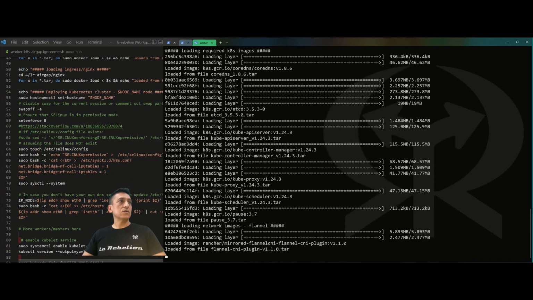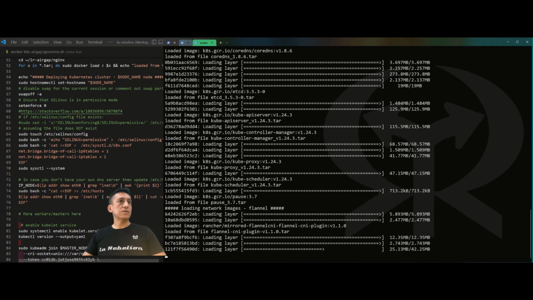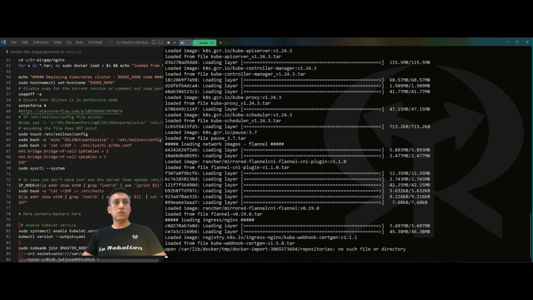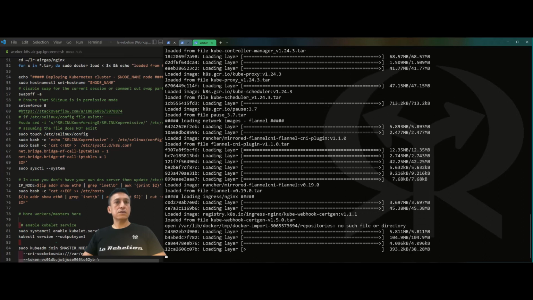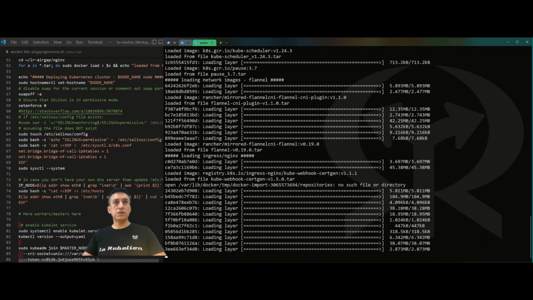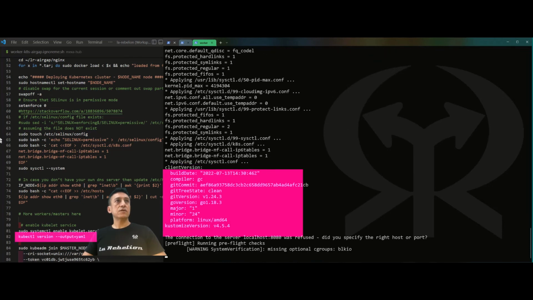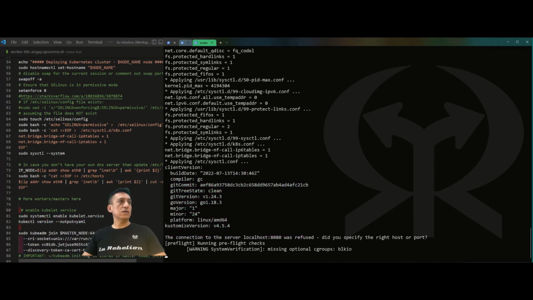configuring the Kubernetes service. So where we are, in the Ingress, loading the Ingress images. That's it. Configuring for Kubernetes the version that was installed, 1.24. After that, then we are